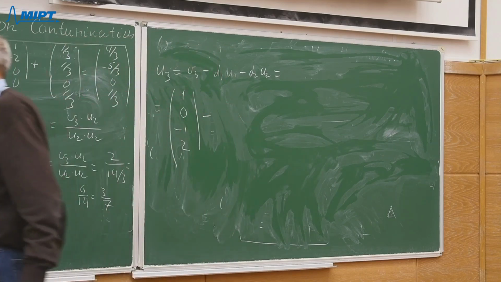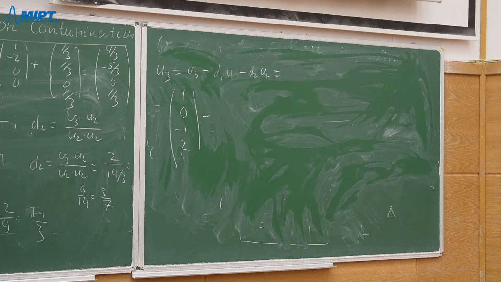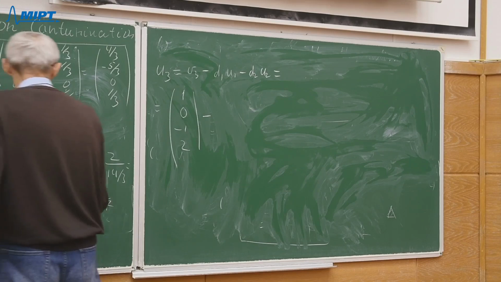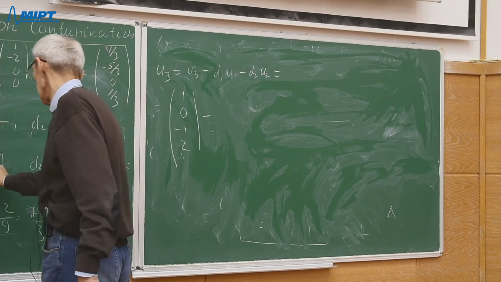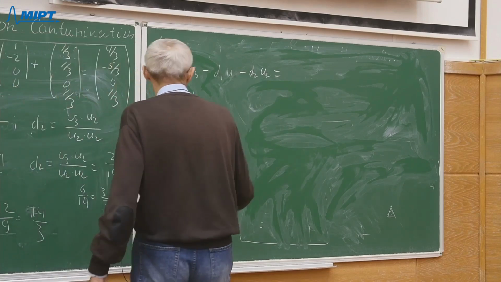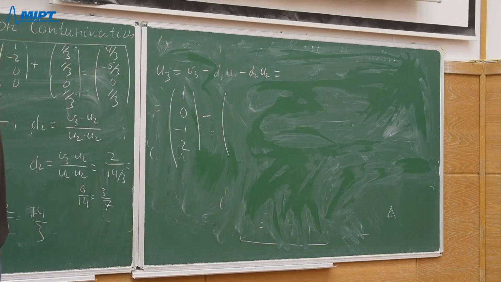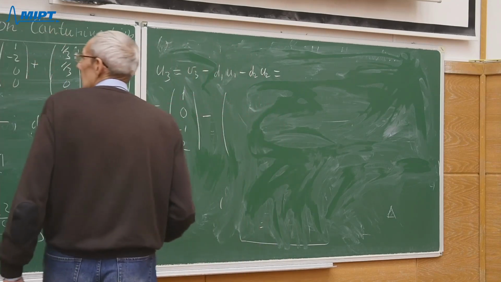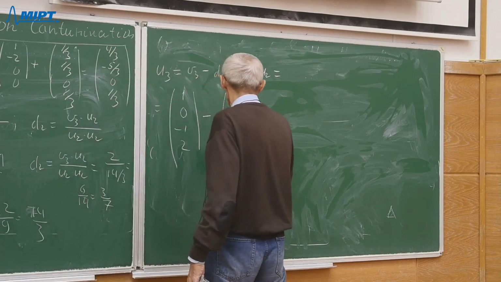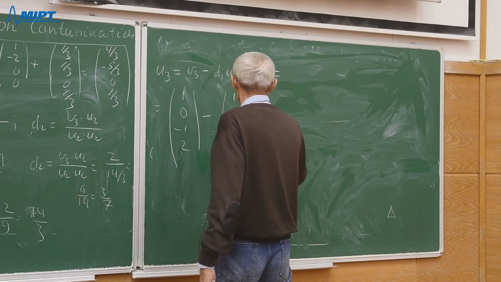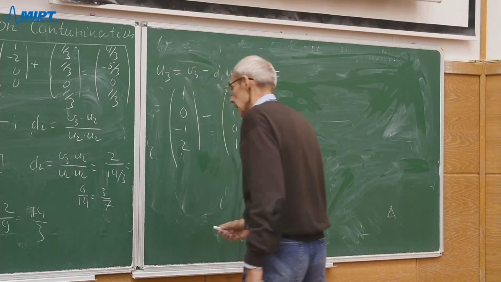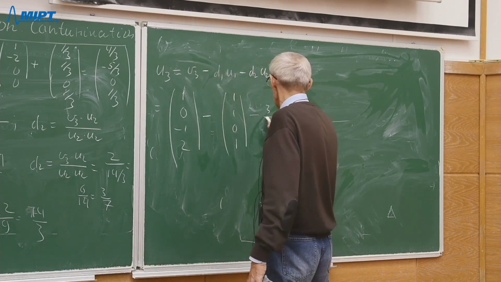D1 is equal to 1, U1 is equal to 1, 1, 0, 1, D2 is the ratio 3, 7,